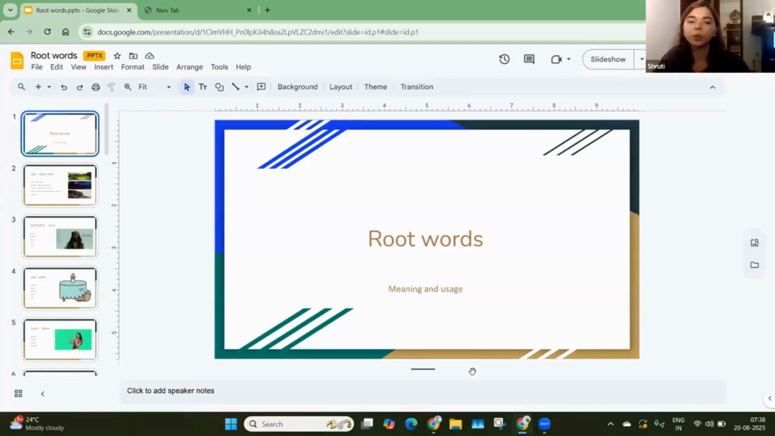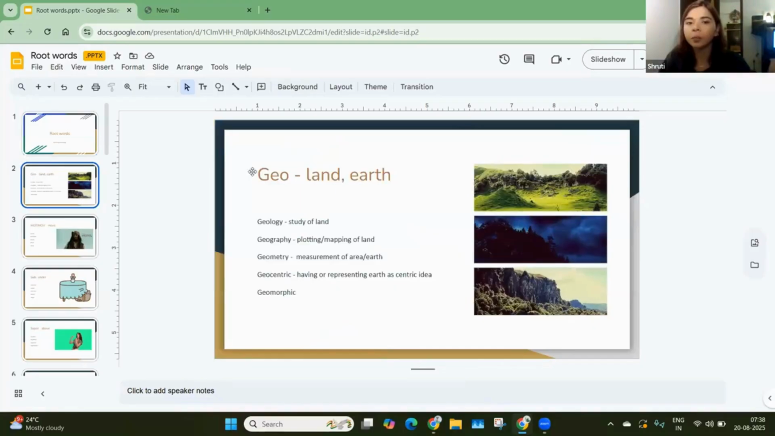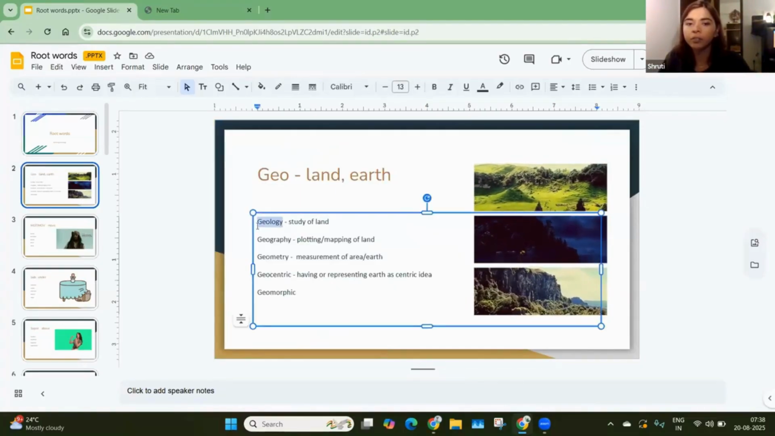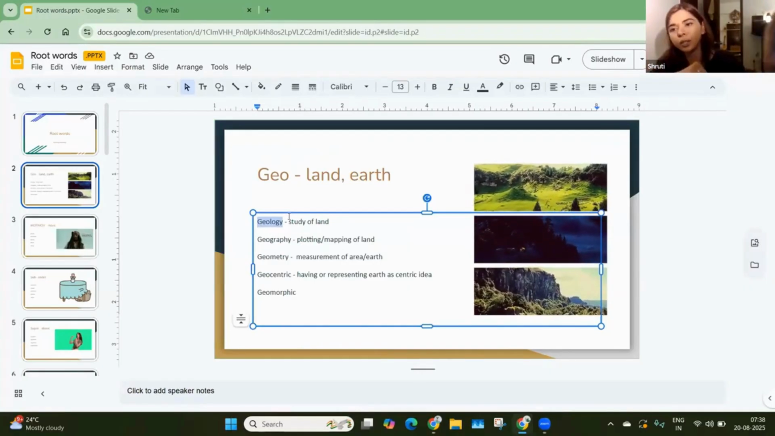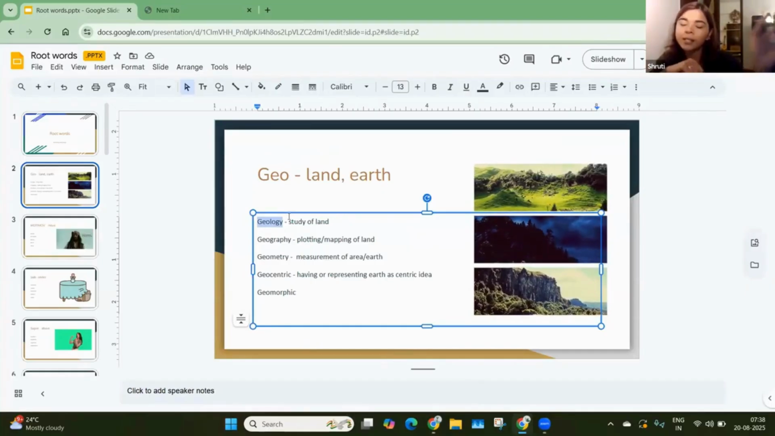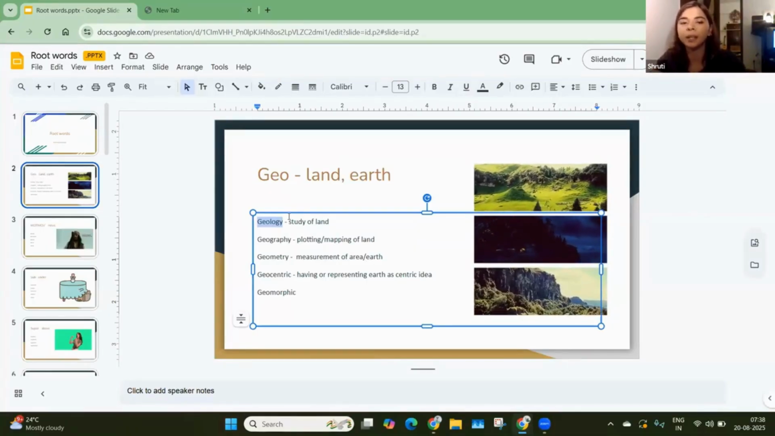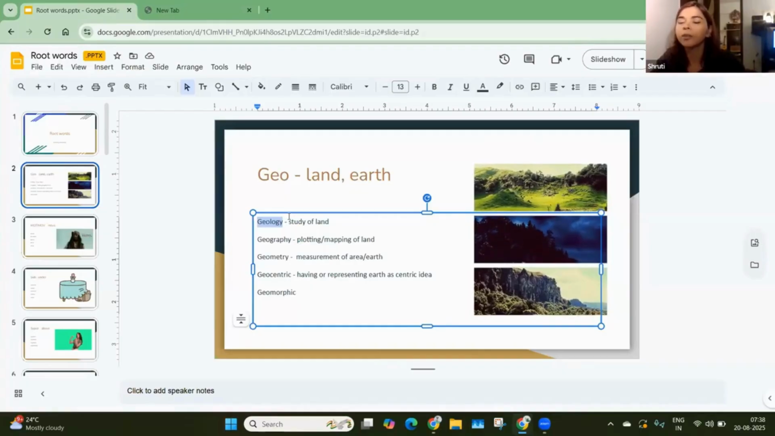What we do in root words is we look at words and we try to break them down into parts. So for example, when you look at geology, we are looking at two parts. One is geo and the second part is logy. You're going to understand the meaning of what geo is, and then the meaning of what logy is. And when you put them together, collectively, the meaning is basically the addition of both of the